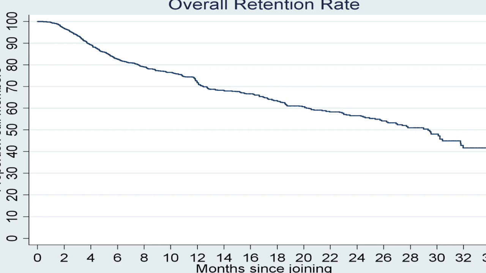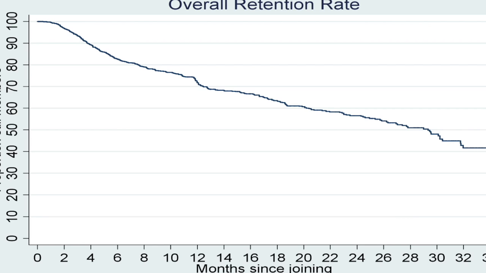Now, the easiest way to understand this is if this is 100% at the top, if you had 100 members, that would equate to 100 people, 1,000 members, it's 1,000 people, and so on. And what you're seeing is that from a set point, and we decide on that when we're doing our analysis, usually 2 years back, sometimes 3, since joining, people are cancelling, and they're cancelling on a regular basis. And so what we see is this gentle curve sloping down over the first 12 months, continuing over the second 12 months and into the third year.